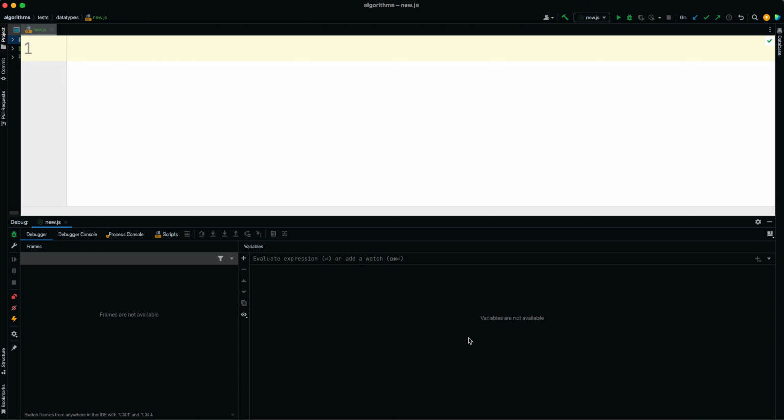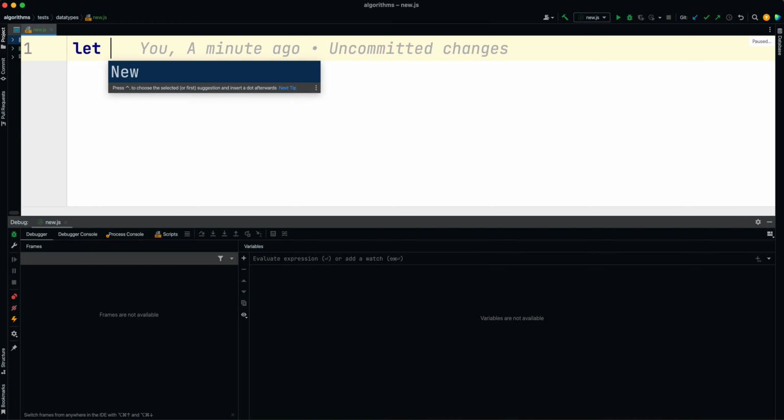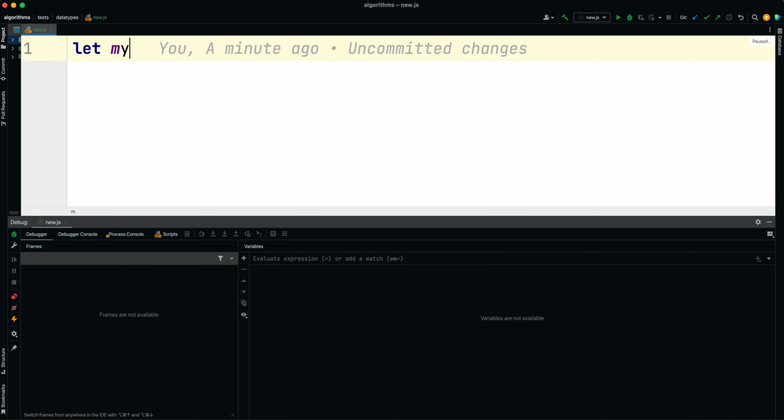I want to do some practice on the differences between the maps and the objects in JavaScript. They are very similar because they both map some keys to some values. So let me show you how it looks. For example, if I have an object like, let's say, my car,